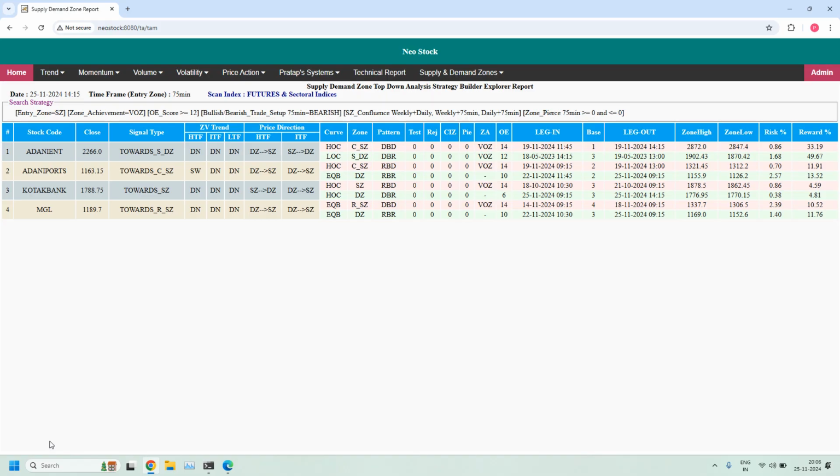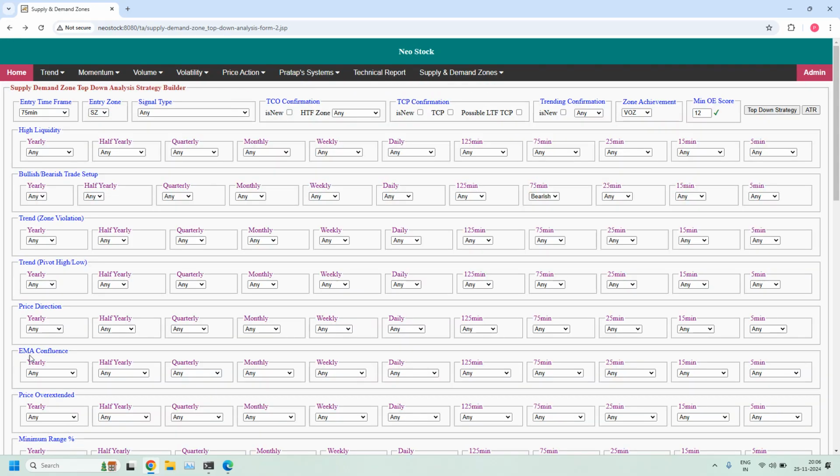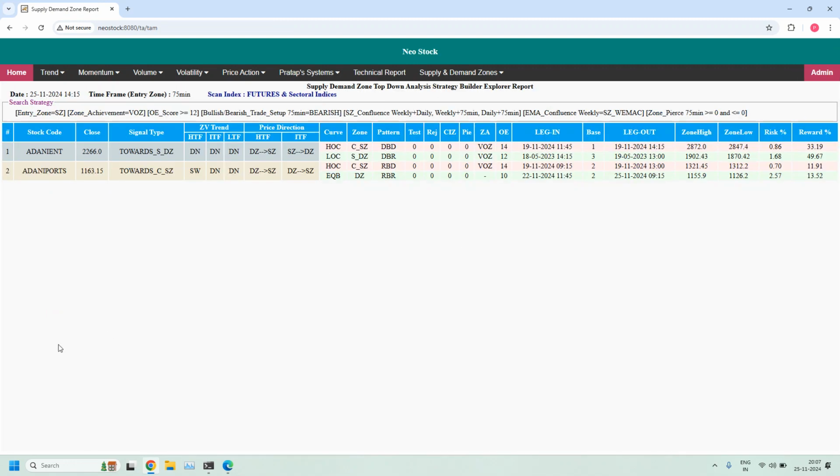Out of these 4, except the second one, all the remaining are having downtrend, even HTF trend, that is weekly trend. That's why if those stocks are having weekly EMA confluence, they are even more high probability setup supported stocks. So in the EMA confluence at weekly time frame, because 75 minute zone is part of daily, both together part of weekly, that's why we are looking for weekly supply zone having weekly EMA confluence. We got 2 stocks. Second one is sideways, you can ignore, and first one downtrend. So it is even more high probability setup. Bearish trade setup stock